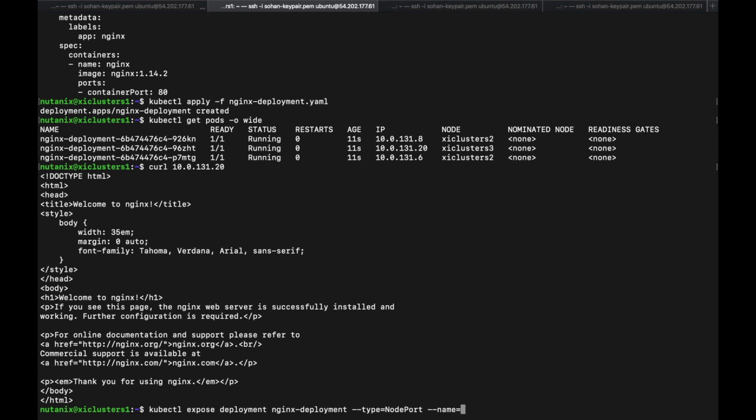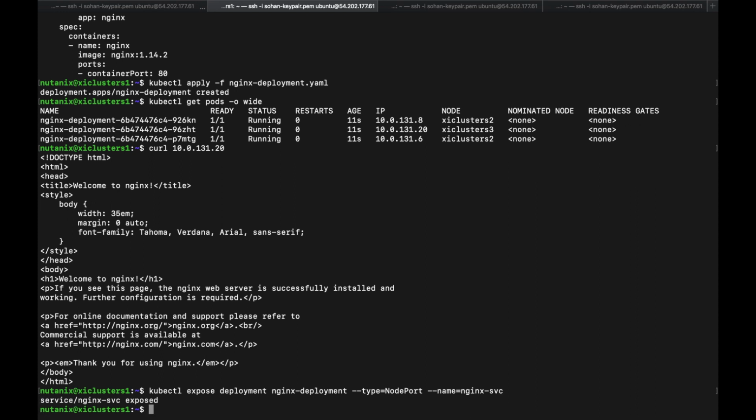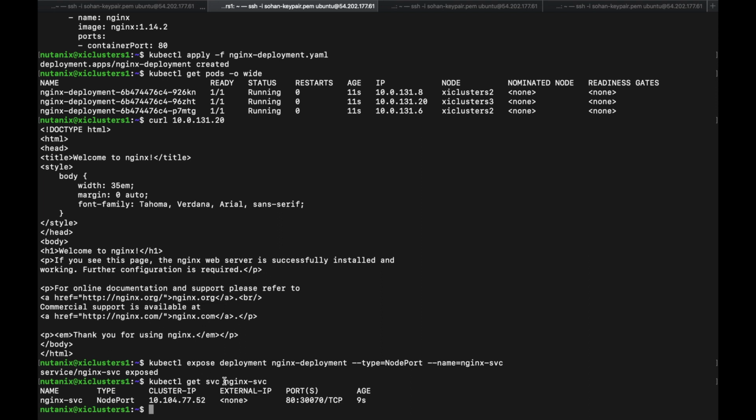Let's name it Nginx service, and it's created. Yeah, so we have a cluster IP set up, which is like a single point. It's a load balancer across all the three Kubernetes pods.